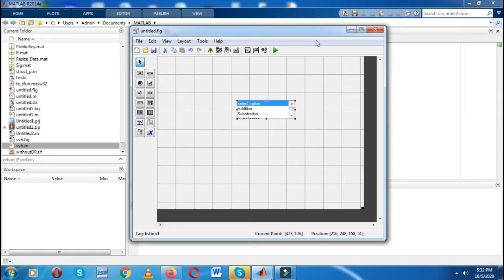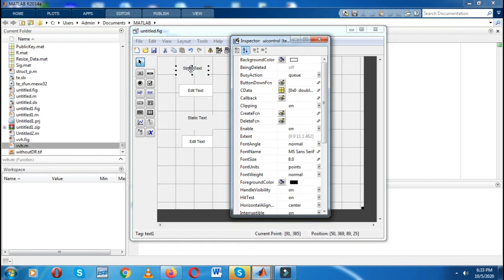Then for addition we require two values. Again we require some display. So for that I have to take some edit boxes, because I'm going to take values in the edit boxes. Again I need a text box to give the name. So I will use a static text.